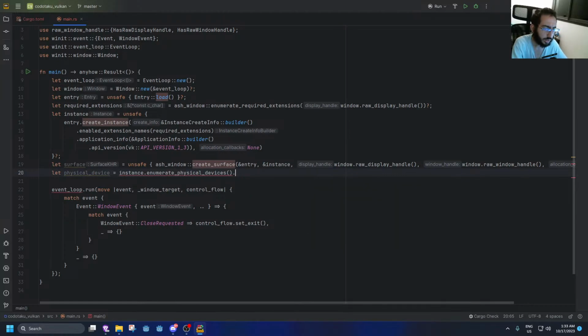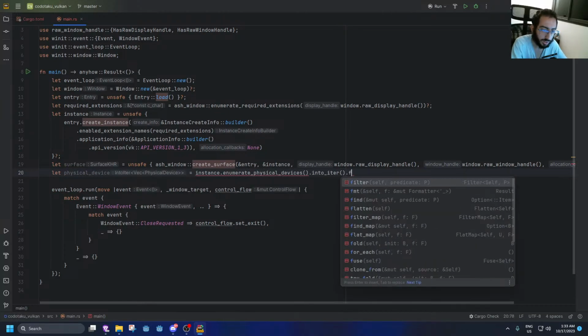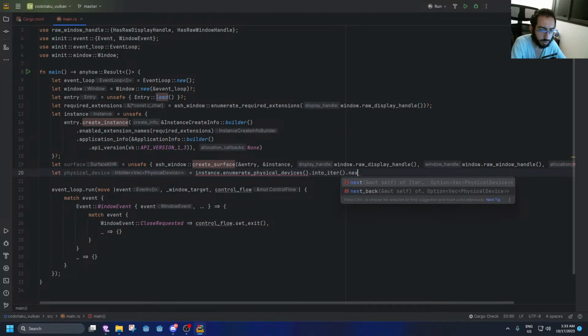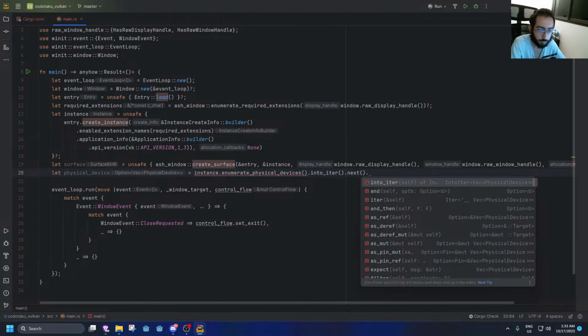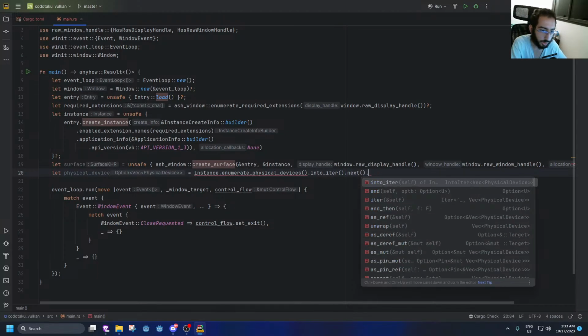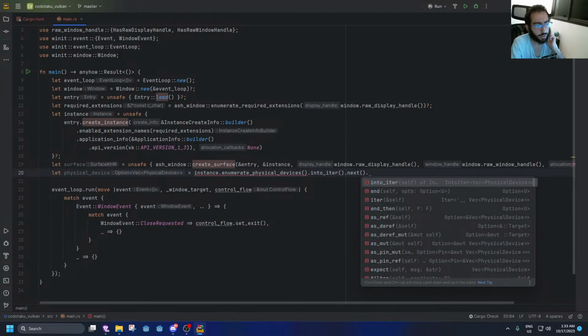And I'm just going to take the into iter, basically consuming the vector, and take the first element. You could just say next. So here we have an option, we don't have a result. So what we could do essentially is